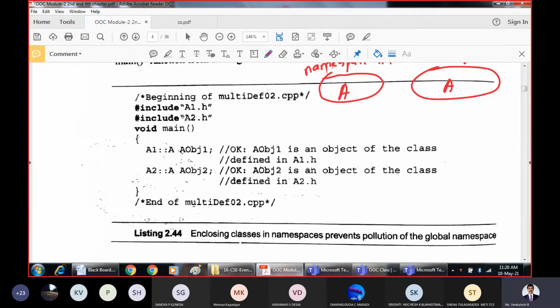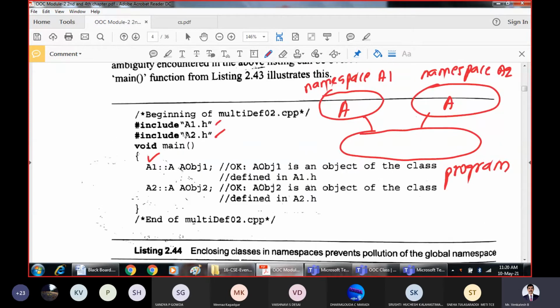Now, how do we declare once we have included namespaces? While declaring objects, you have to consider the name of the namespace which you are trying to include in your program. Make use of the A1 namespace.